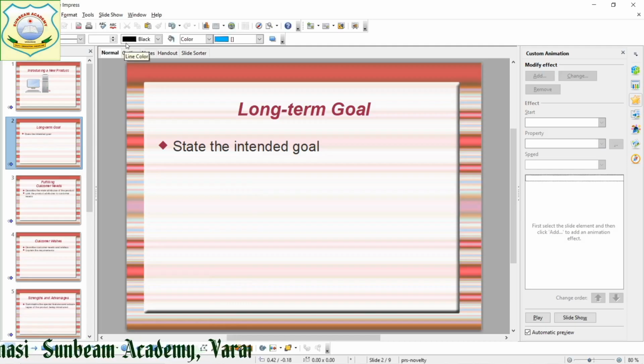Right? Next, slideshow view, Control F5. This is the end of the chapter. Again, you will see the same process, so that you can understand it in a better way.